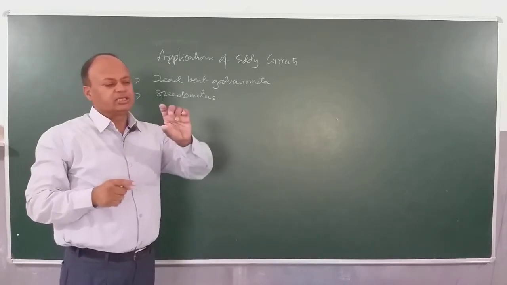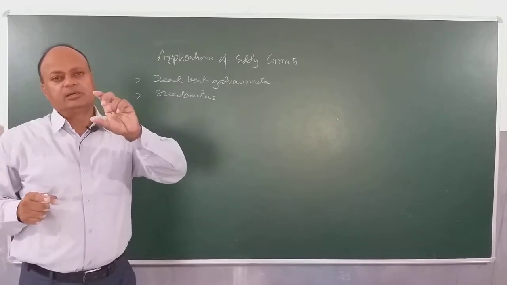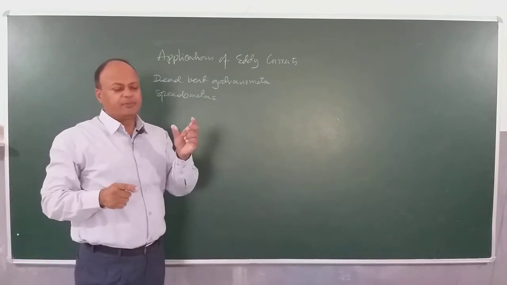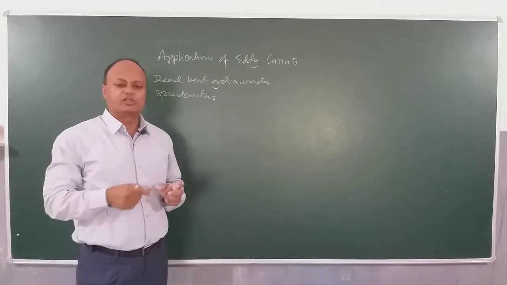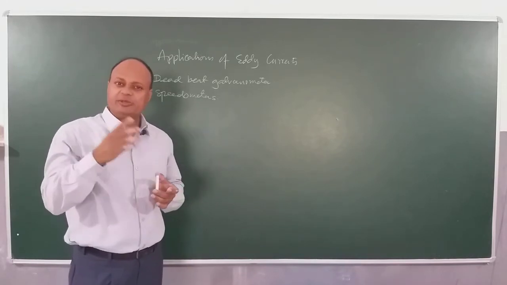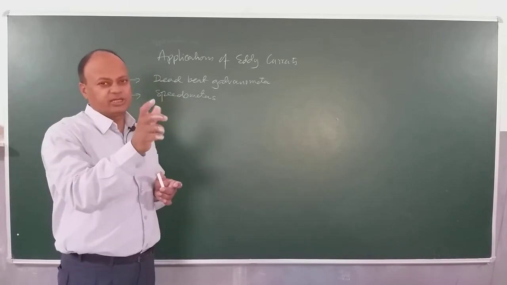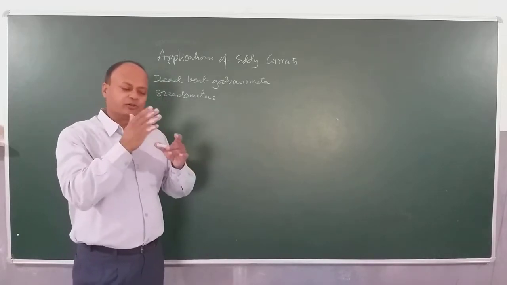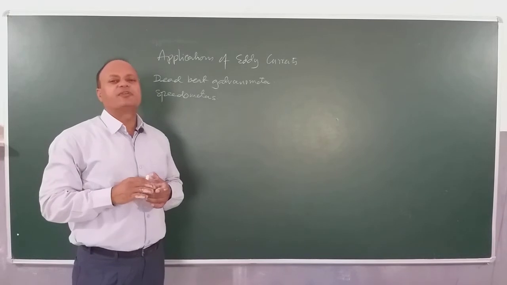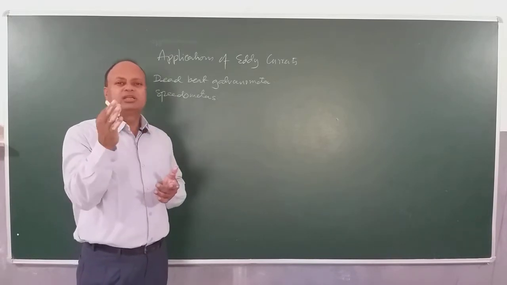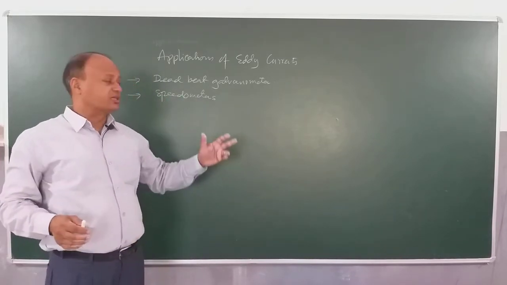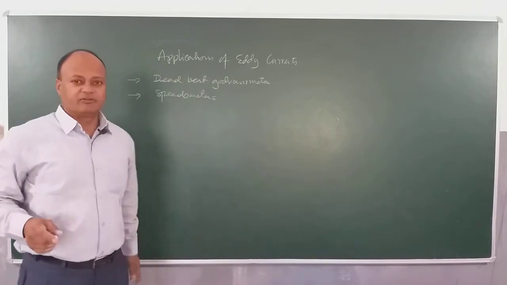So you can see the deflection in the pointer will depend upon the speed at which the magnet is rotating along with the what? Wheel, because eddy currents will be there. The moment it will turn in one direction, then eddy current will try to rotate in the other direction. When both will be equal and opposite, then deflection in the pointer will stop. Speedometers, deadbeat galvanometer, they work on a similar principle.